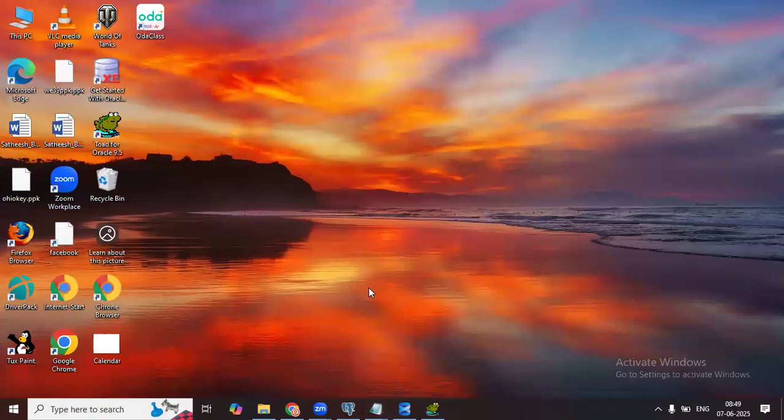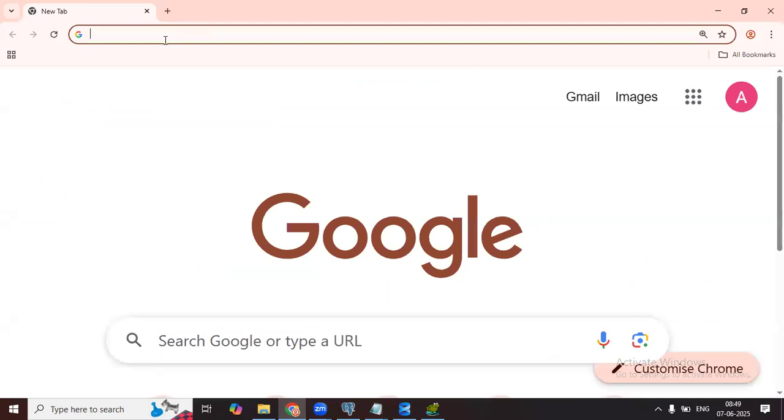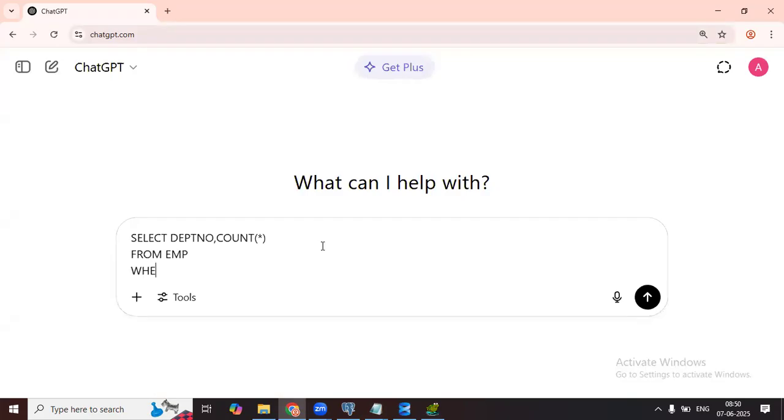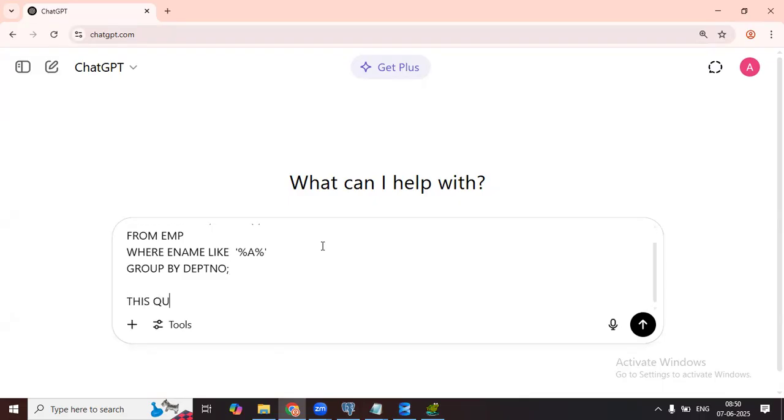Arjun, what is the proof? You just showed only one example. I'm just telling, don't worry. I'm using AI. Select department number, comma, count of star from EMP, where E name like percent A percent, group by department number. This query is in Oracle.